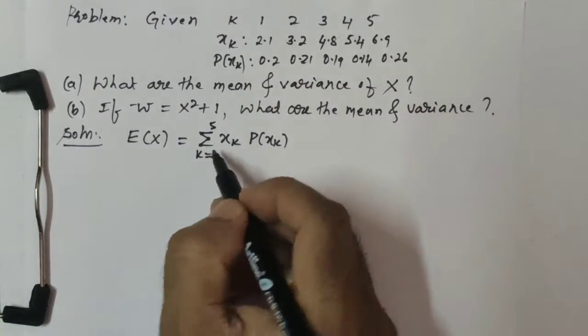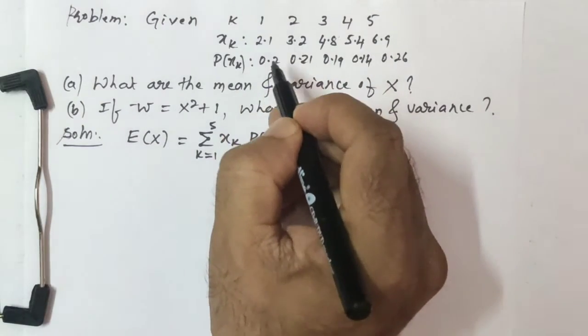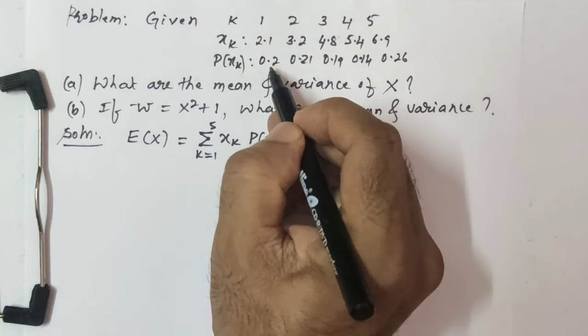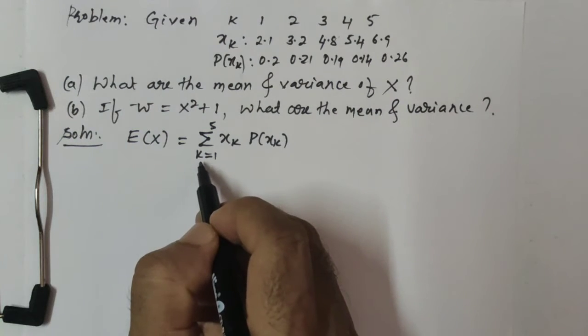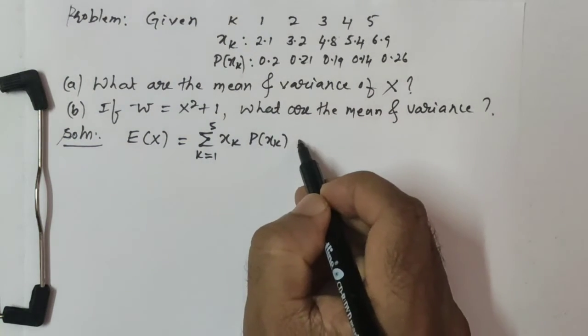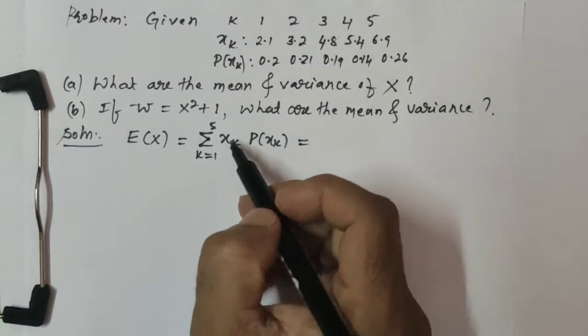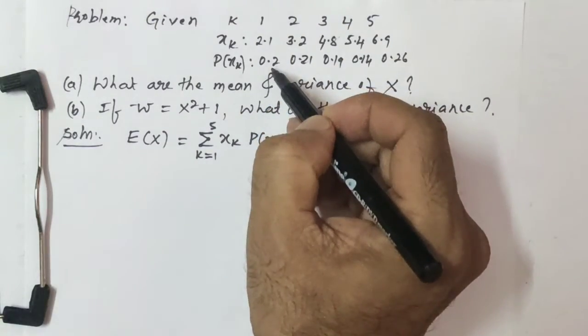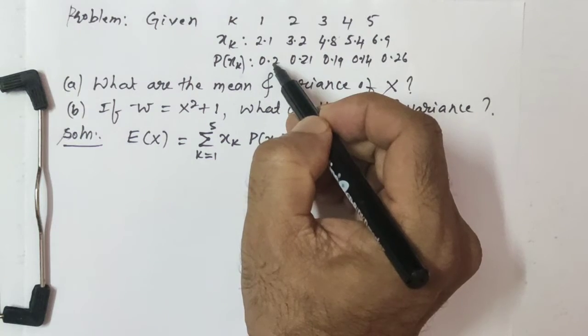So the expected value is the sum of the values of the random variable times their probabilities: the sum of xk p of xk from k equal to 1 to 5. So how do we add this? We need to multiply these two. So 2.1 into 0.2